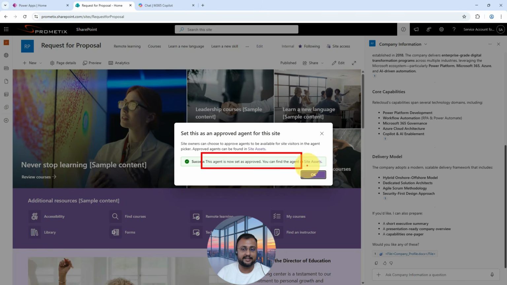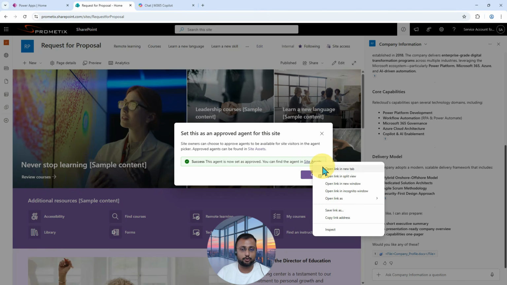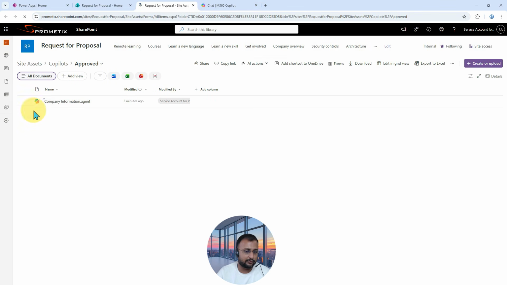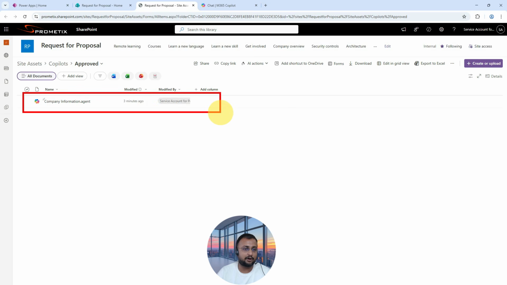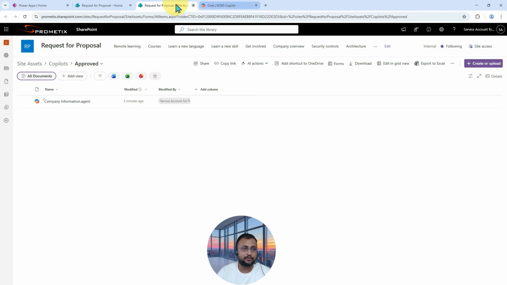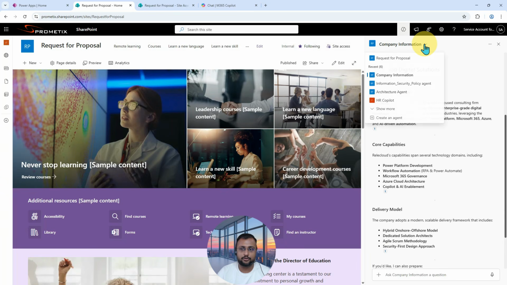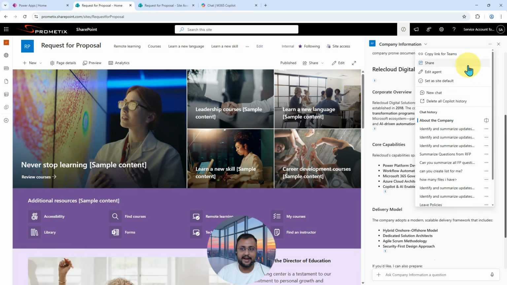You can find them in the agent site assets. When you go to the site assets for the same SharePoint site, you will be able to see that this is now available for other people to consume. Also, one more important thing here: this is now published. Now you can do one more thing as well. When you click on show more, it shows you all the different agents available for you. And now let's say this is the agent that you want to make the default agent rather than opening